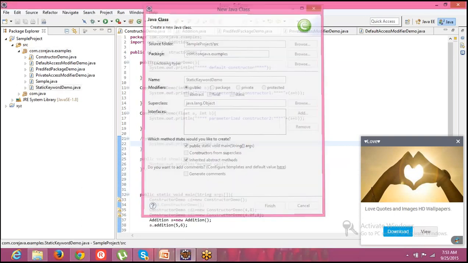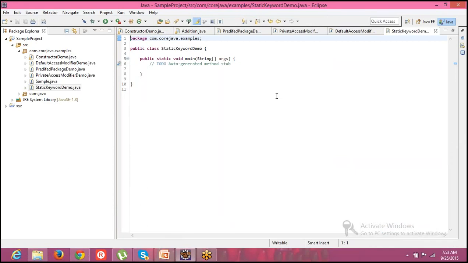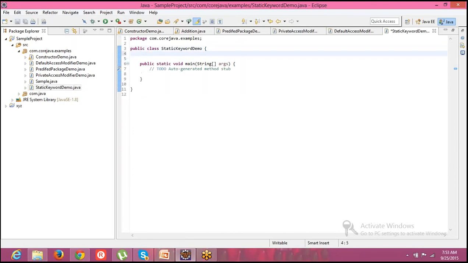So for that, I'm just using it. Now here, as you have already learned about static variables, but still I want to write static, all in small letters, static int i equal to 7.